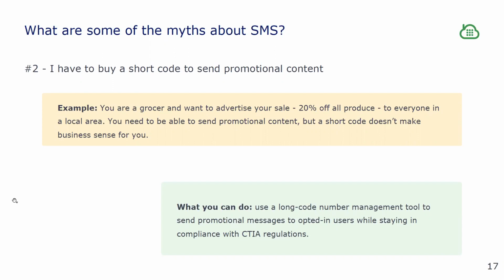Okay, interesting. So it's not quite as straightforward as it might seem. So can I send A to P messages via long codes then? Similarly, promotional or A to P messages via long codes. But remember that any message that you send via a long code route will go through a long code content filter, so your mileage may vary. For best results, it's always best to match your particular use case with the approved number type.